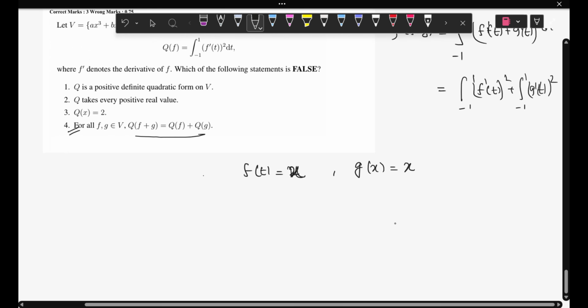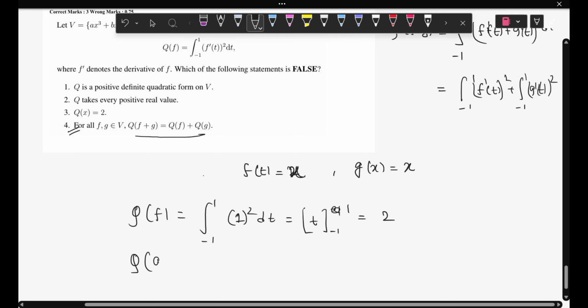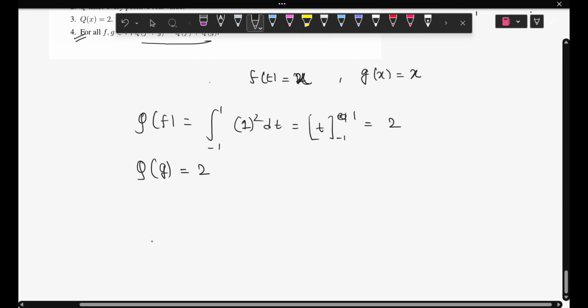So in that case what is the value of q of f? That is integration minus 1 to 1 f t f dash t, that is our 1 whole square dt. So that becoming t from minus 1 to 1, so that gives you 2. So I can again say integration q of g is also 2, but let's check what is q of